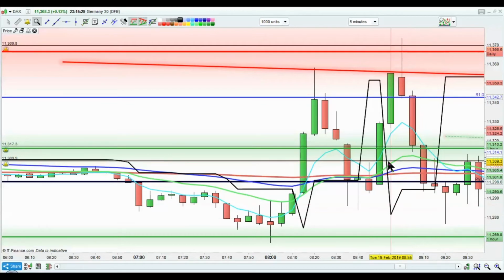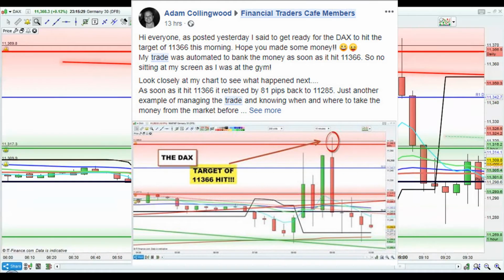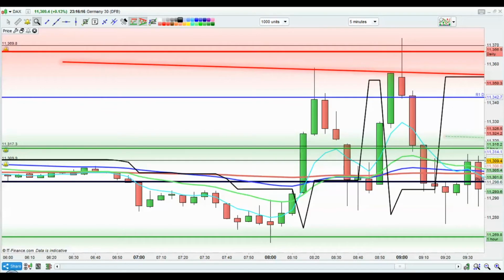Today is Tuesday the 19th of February, and the night before, on the Monday, I actually posted in the Financial Traders Cafe community saying just be prepared for the DAX to hit 11,366 in the morning. So I'd pre-warned people to set everything up to take the money as soon as it hit that point,